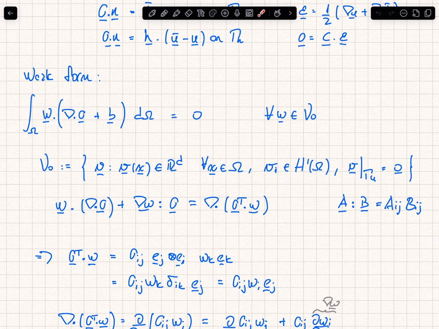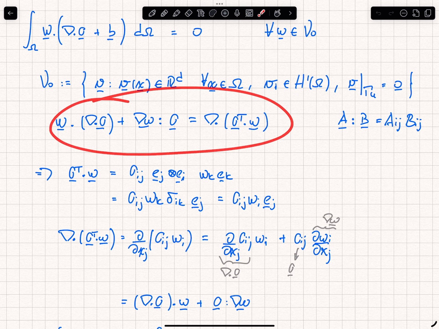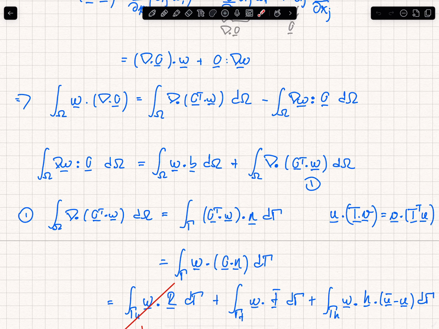So we're looking at functions again that produce finite strain energy. And you remember the idea was that we're going to use functions that do not blow up inside the domain, which would otherwise cause infinite strain energy. We also make sure that those functions vanish in the Dirichlet part of the boundary, and by doing so, we basically get rid of the reaction force that arises when we do the divergence theorem. So we use an identity, and we plug it back into the formulation, and so we get this expression here, where now, instead of having the divergence of the stress tensor, which would require a second order derivative in the displacement,